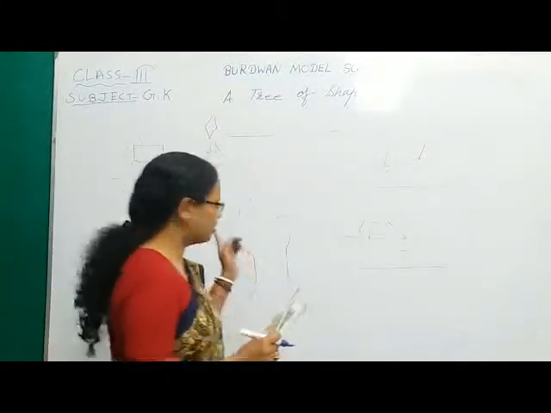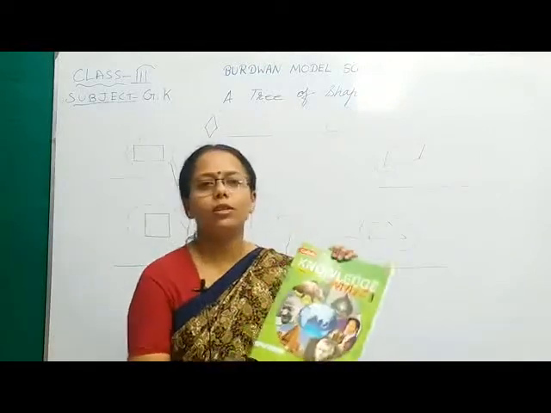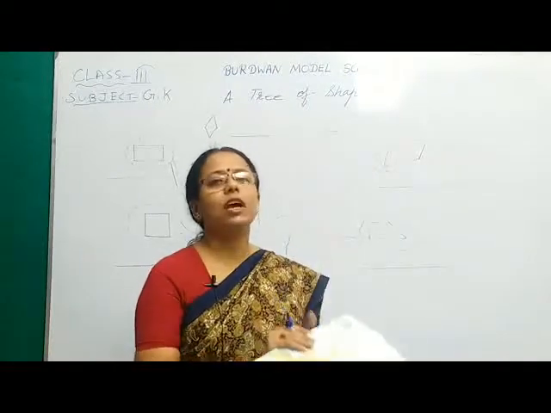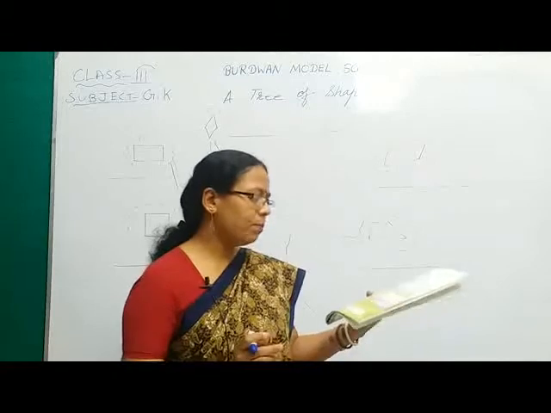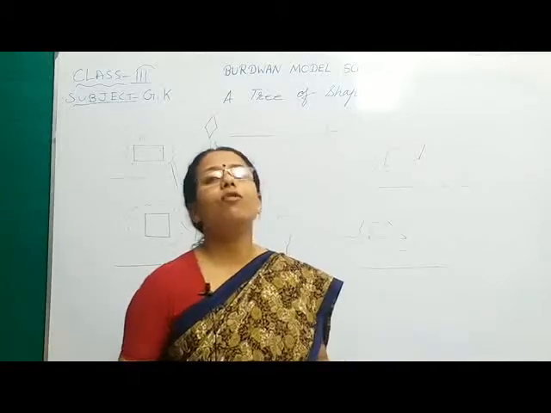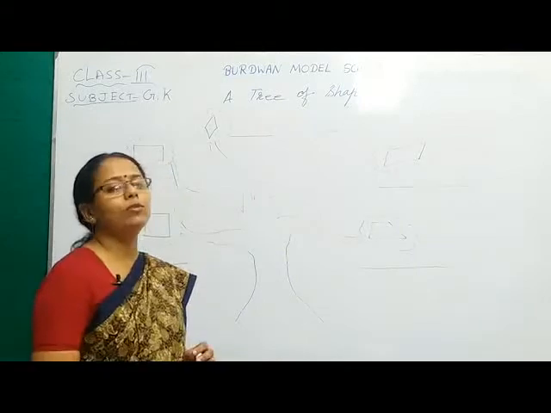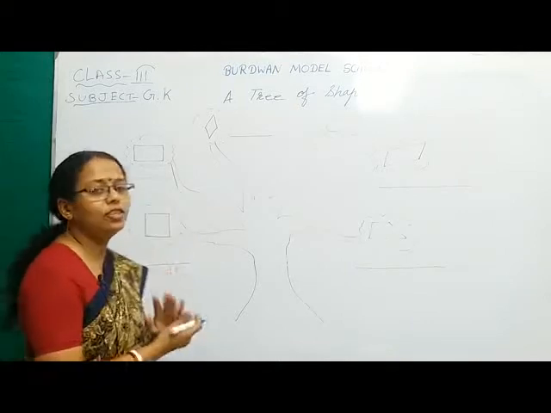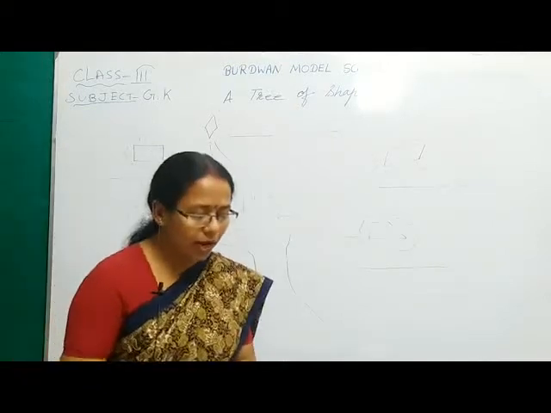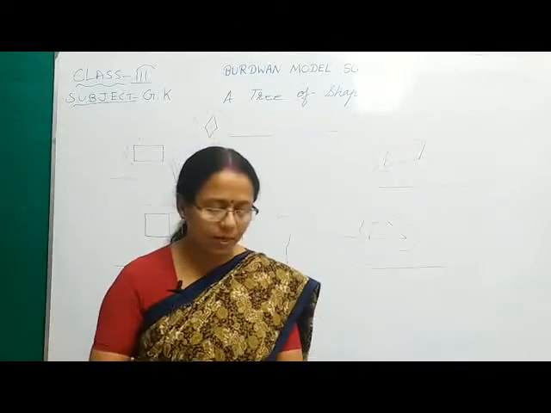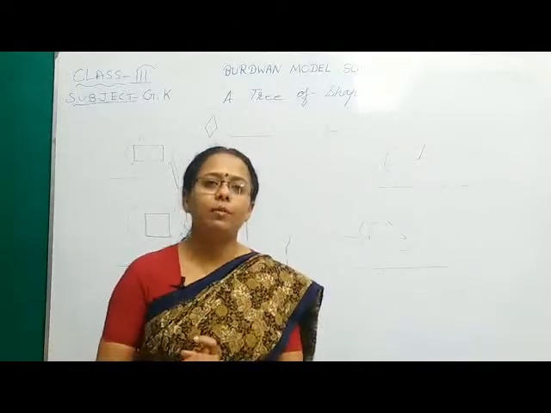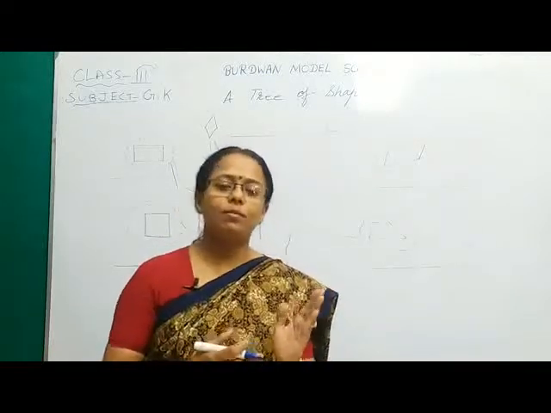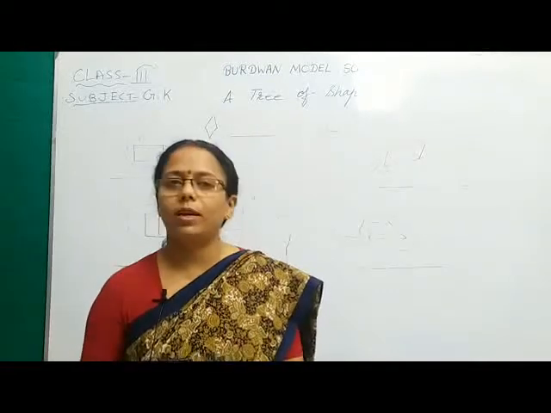This is for class 3 and your new general knowledge book, that is Knowledge Whiz 3. So today I am going to start with a new chapter, and that is page number 9, the Tree of Shapes. So here on the board you can see one tree is there, and on each branch there are different shapes. So in your book also you are having a tree with the different shapes, but the name and the spelling of that shape has been given in a jumble order. So we will identify the shapes and we will write the correct spelling of the shape.